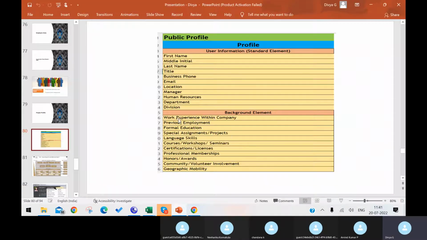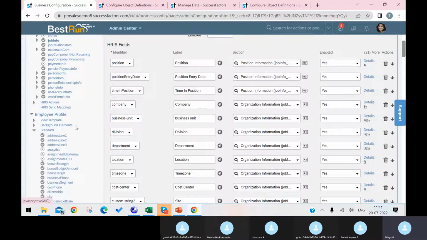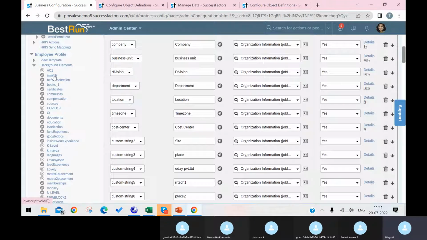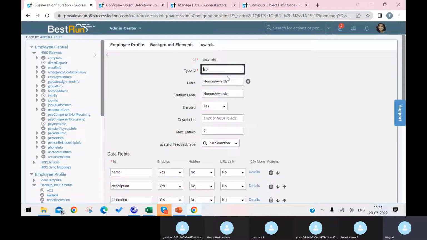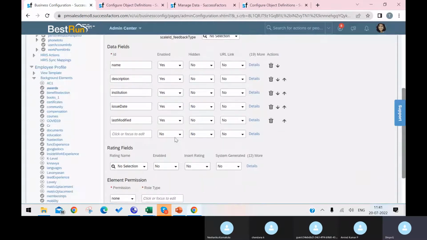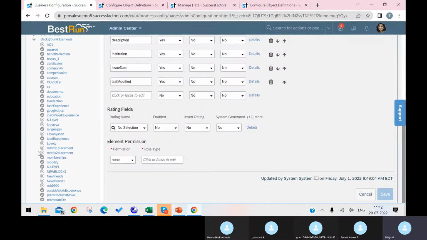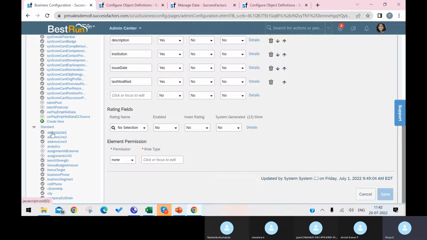Okay, so like work experience, previous experience, formal education, special assignments, language skills, certifications, whatever we want to add in the background elements we can add. If I go to this background elements, I can select each and every field and add it. I need to give this label, enable description, and I need to give the start date, name, description, issue date. Whatever fields we require, we can give and save it. So like that, if I go to the standard elements,